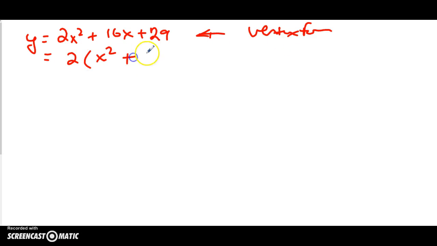You factor out the a, and you're left with this. Remember the 29 goes way over here. And then I want plus and minus half of,